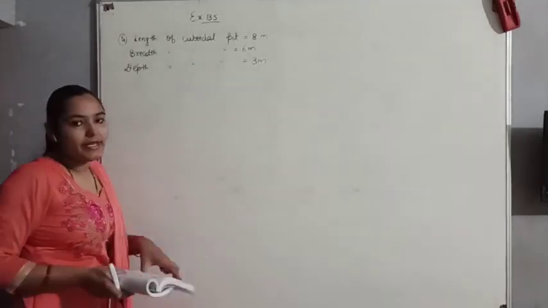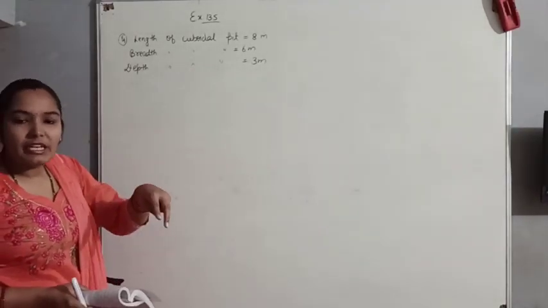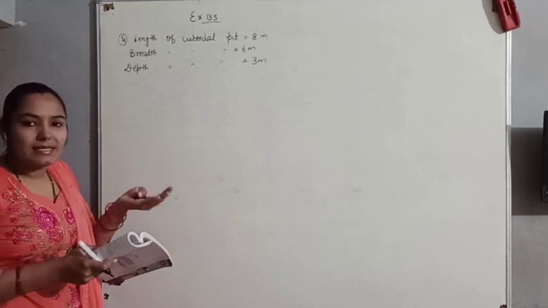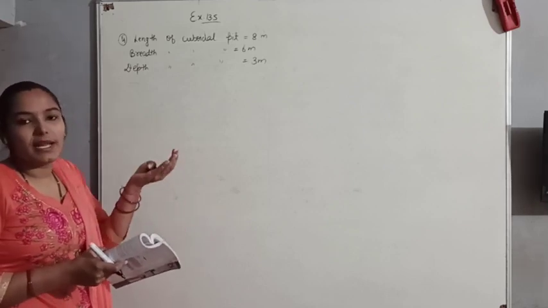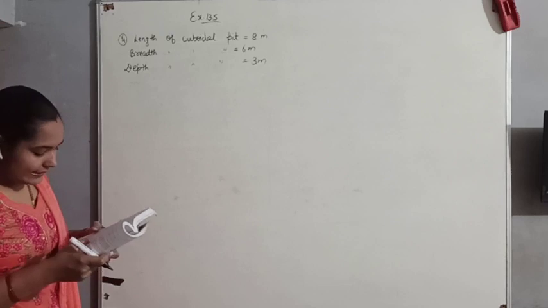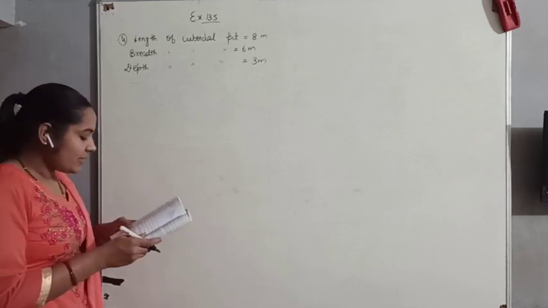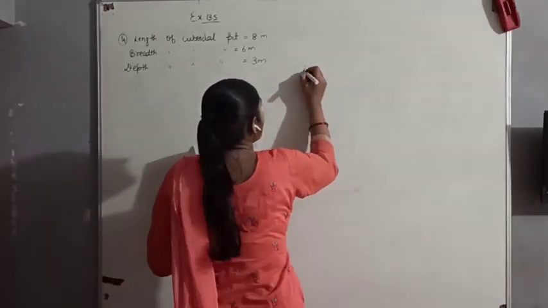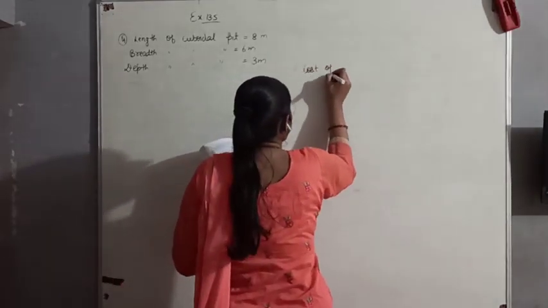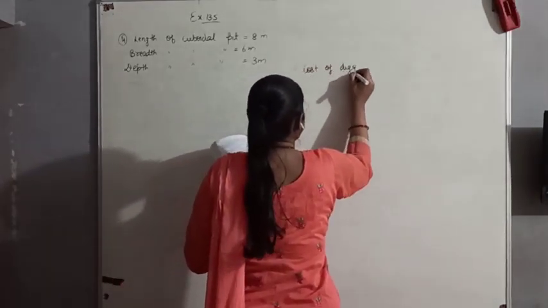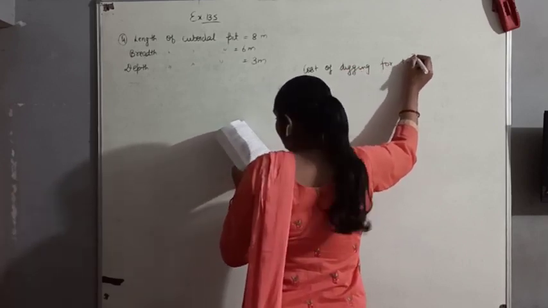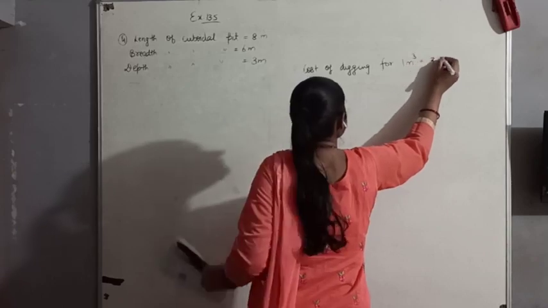क्योंकि आपके पास जो पिट है वो किसके अंदर होगा, जमीन के अंदर होगा, ठीक है, इसलिए हम उसकी क्या लिखते हैं, डेप्थ लिखते हैं. और जो आपके पास अर्थ से ऊपर, जमीन से ऊपर चीज बनाई जाती है उसके लिए हम क्या लिखते हैं, हाइट लिखते हैं. एट द रेट ऑफ ₹30 पर क्यूबिक मीटर. आपको कॉस्ट गिवन है, कॉस्ट ऑफ डिगिंग for 1 cubic meter, that is 30 rupees.